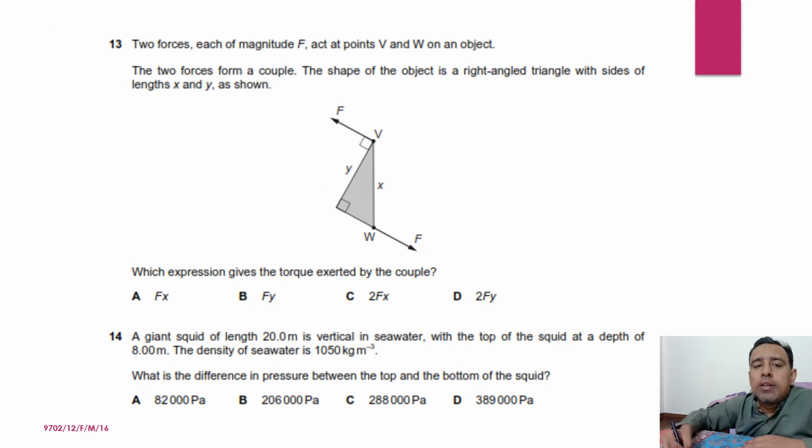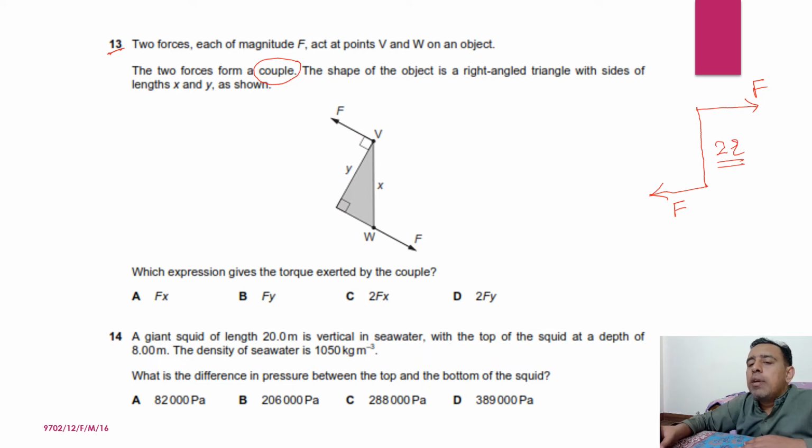Okay, question number 13. The question number 13 is related with the couple. In the couple, you know that two equal and opposite forces are acting on one body at two different points to produce the rotational effects. Means this force and this force is always equal, and the distance between these two forces is 2r, and this